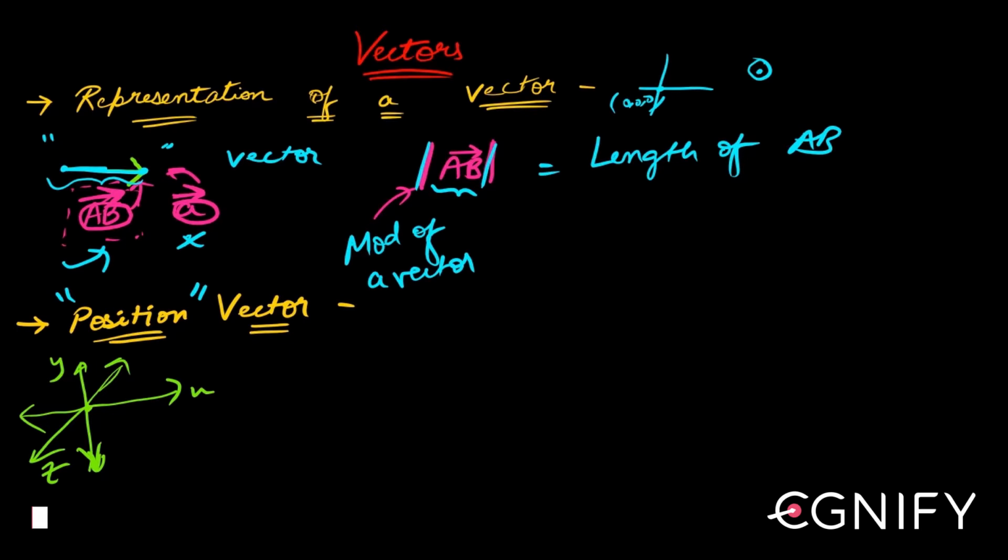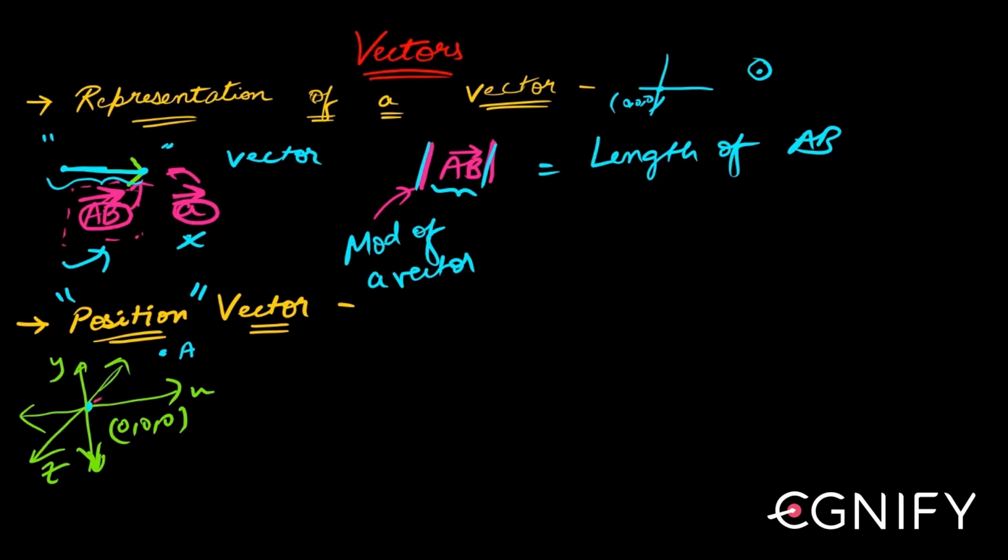And here they intersect at origin. Now this origin becomes my reference position. Now if I have any point in this 3-dimensional space, for example, a point here which is denoted by A, right? Its position vector is that vector